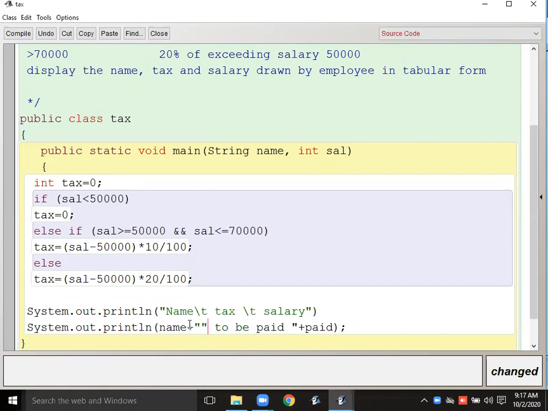Then plus \t, then plus tax. What variable I have taken for the tax? Tax. Yes. Then plus \t, that we have done, how to show in the tabular format. Many times we have done this. Then sal. Yes, it will be a calculated salary. So that sal minus tax. Right?